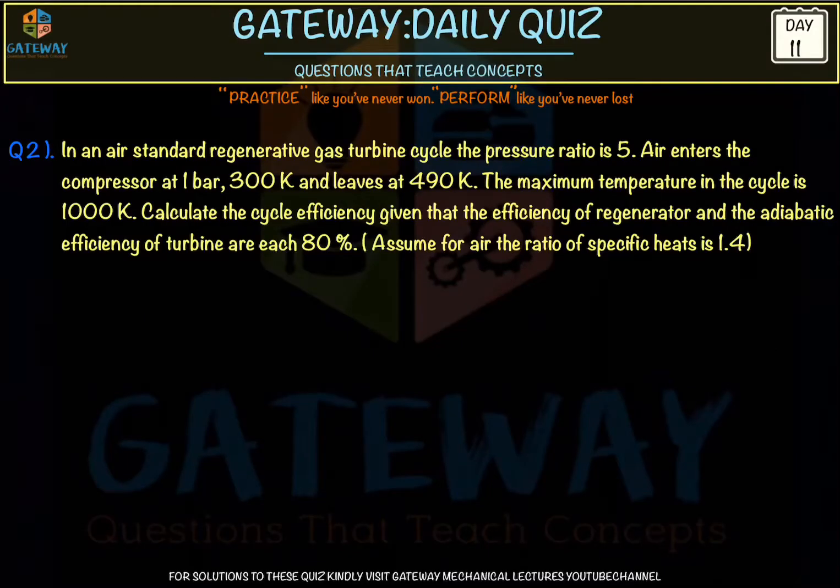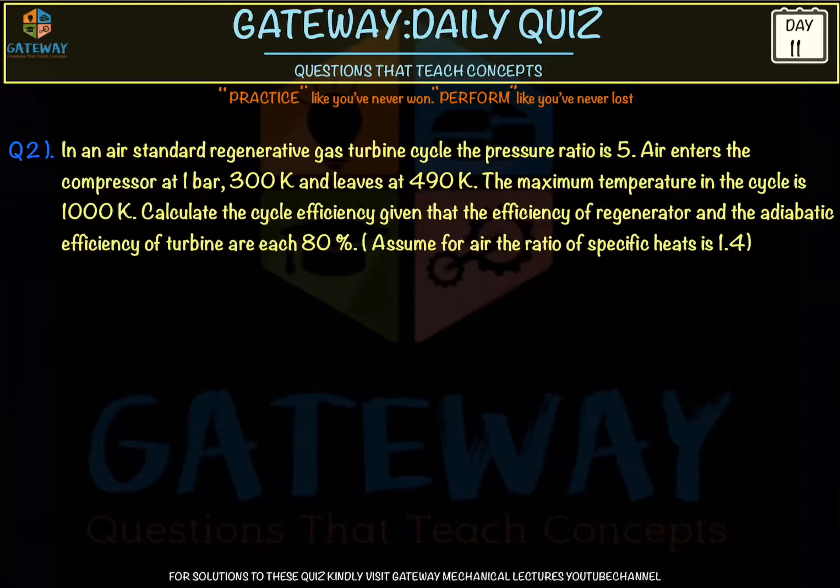In an air standard regenerative gas turbine, the previous question was about steam turbines, that is the Rankine cycle. We are using a gas turbine here. Whenever it is given in the question air standard, it is always the Brayton cycle, and it can also be called the Joule cycle. So you need to remember the ideal TS diagrams for each cycle. From that, with any reheating, regeneration, or combinations, we can just change the points. With the thermal efficiencies or the isentropic efficiencies, we can change the things.